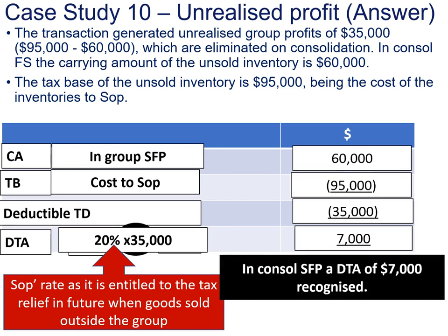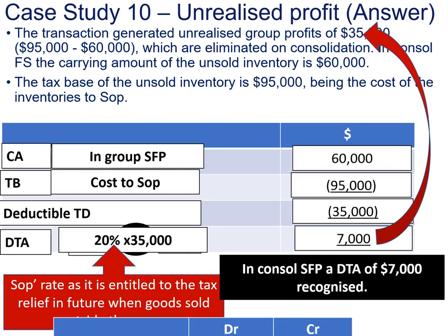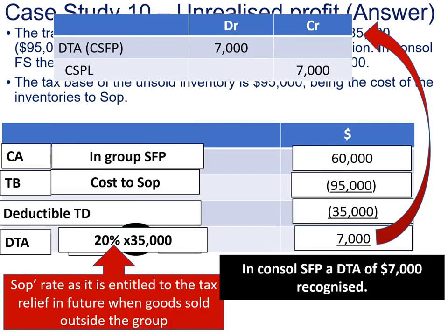In the consol statement of financial position, a deferred tax asset of 7,000 is recognized, which is the tax rate of 20% times the 35,000. Debit deferred tax asset in the consolidated statement of financial position, and then you credit the consolidated statement of